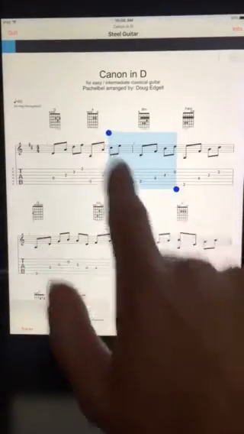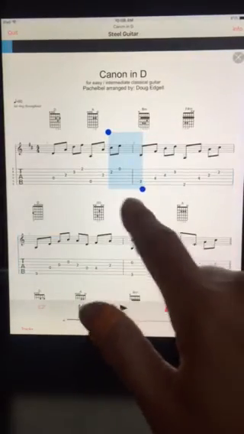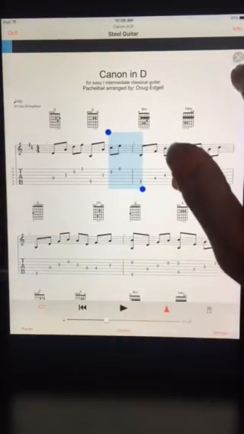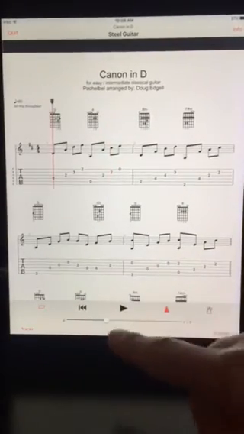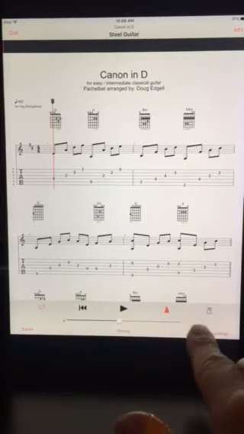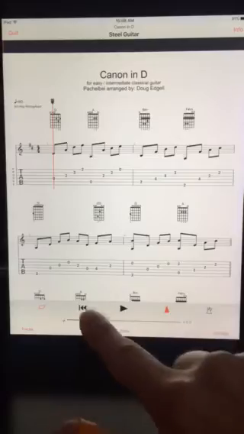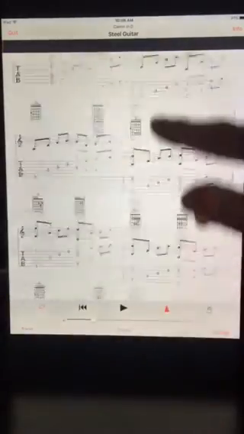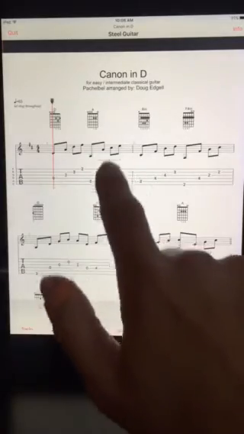Let's say you want to work on something even smaller. You know, you want to just work on that part or whatever it is. And the little X, you click out, it disappears. So that's how you should practice. Once you get it, then you can speed it back up to the standard tempo and try to practice it. But the breakdown occurs when you see the macro and you feel like you want to play the whole tune and you get excited and you don't work on these little